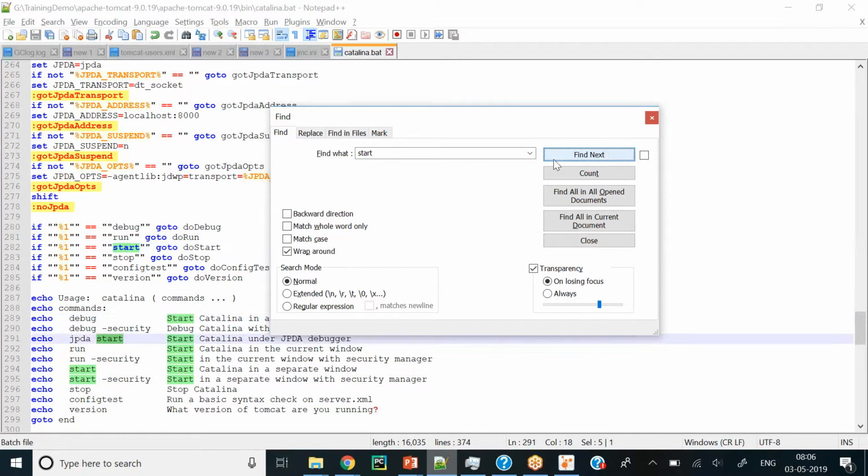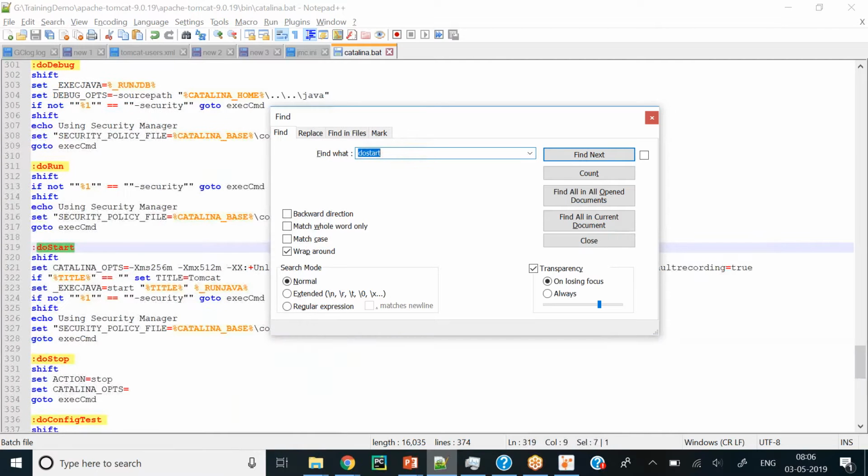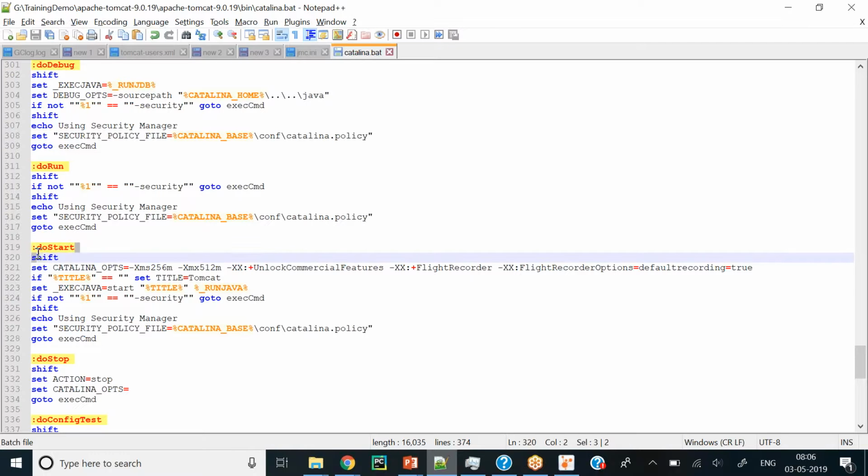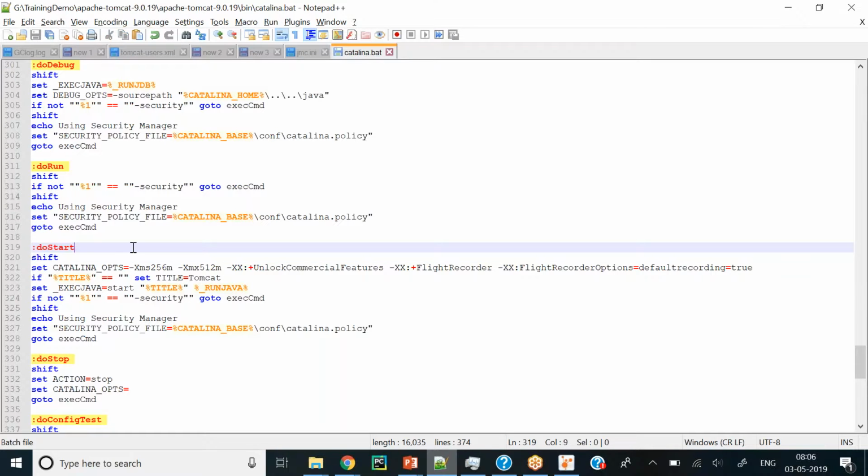Yes, doStart. So you need to find this function doStart. Under this doStart you can see set CATALINA_OPTS.